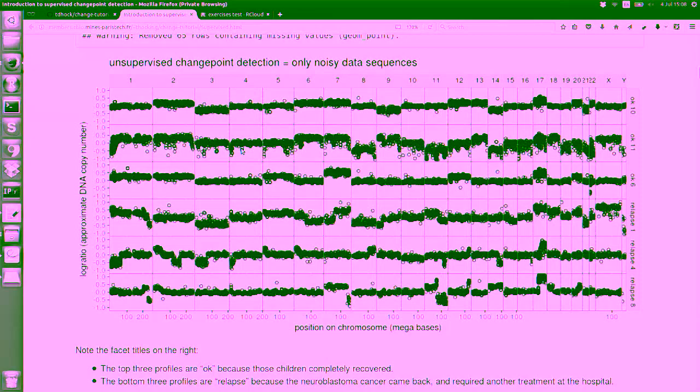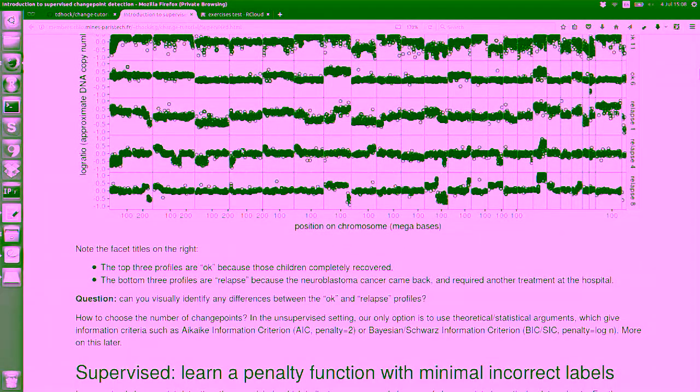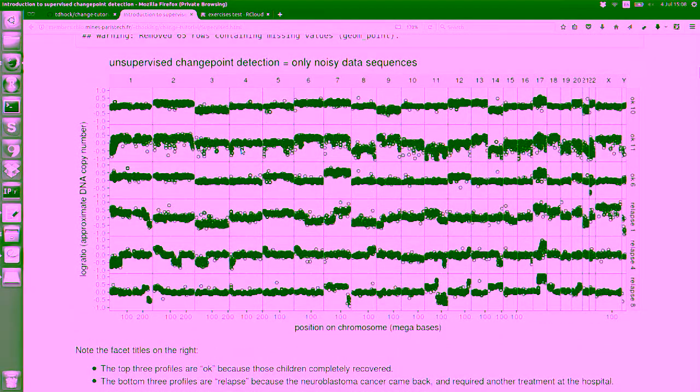So that's this first figure, where you can see one panel for every different chromosome, going from left to right: chromosome 1, chromosome 2, chromosome 3, etc. Then you have one panel going from top to bottom for each one of these different profile IDs. These are actually different patients who came into the Institute Curie for cancer treatment. Every one of these rows corresponds to the measure of their copy number for their genome. Like I said, we map the position on the chromosome to the x variable, and then we map this log ratio to